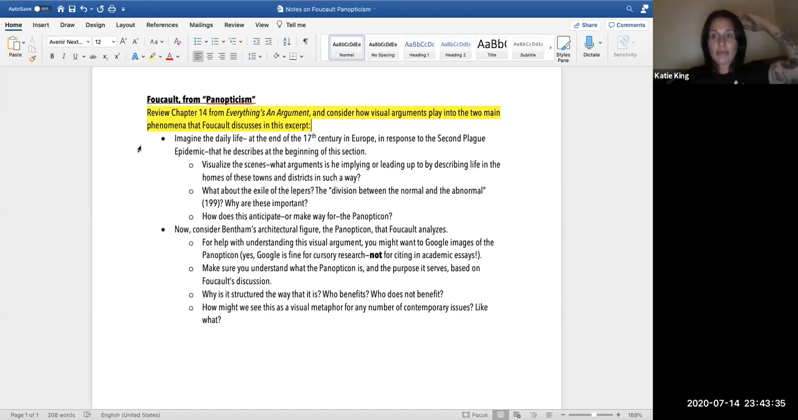You might have a different version where it's different, but look at the chapter on visual arguments and consider the following. First off, Foucault starts off by talking about the daily life at the end of the 17th century in Europe, where the second plague epidemic had just hit. The first one being the Black Plague of the 14th century. So a lot of us,